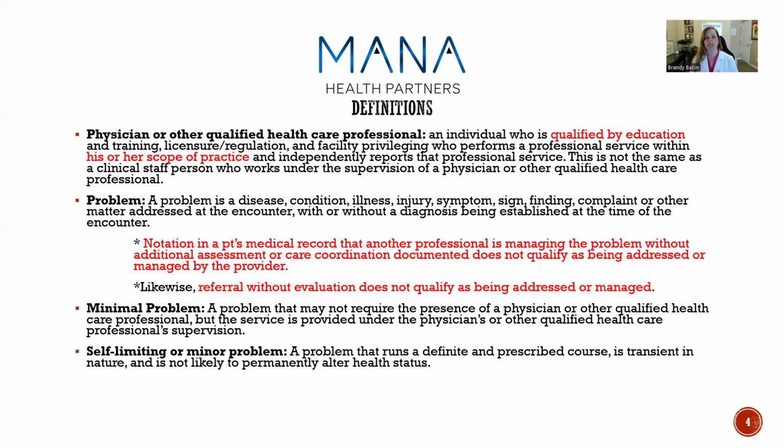So if you've got weakness and they're being followed by physical therapy and we're not doing anything to intervene medically for them, we do not get to utilize that as a problem. We don't count weakness as a problem. Now, we absolutely put it under the history of present illness. They continue on therapy to get stronger, but under assessment and plan, we have no plan. Therapy has a plan, but we are not treating them.